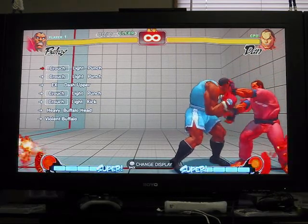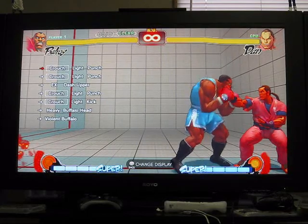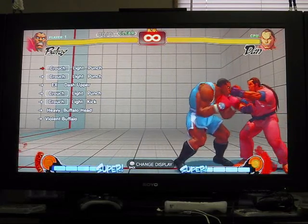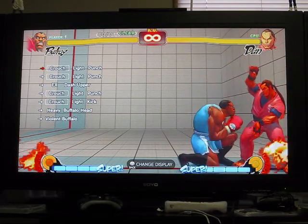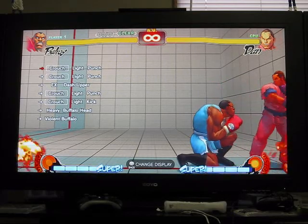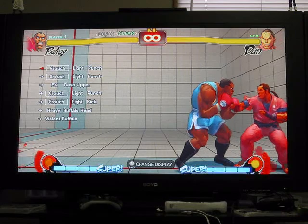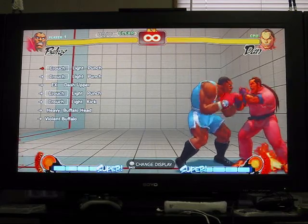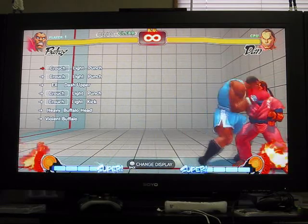It's just when you're ready for that dash upper, you got to do it fast. And as soon as you do the dash upper, you're basically tapping forward and immediately going back, like real fast. And this way you're immediately back into the charge, so you can charge for the next charge move. So that's where the tricky part comes from, is after the EX upper,